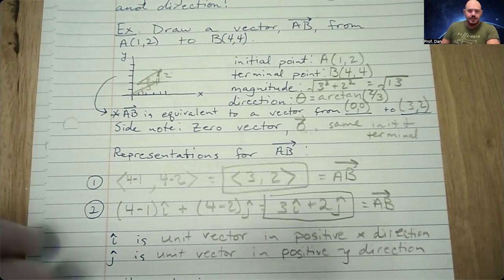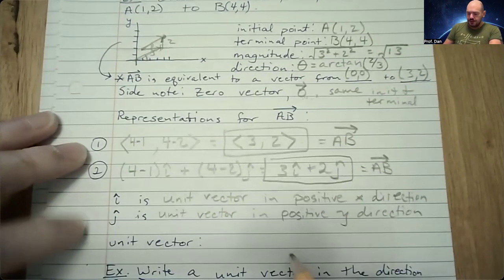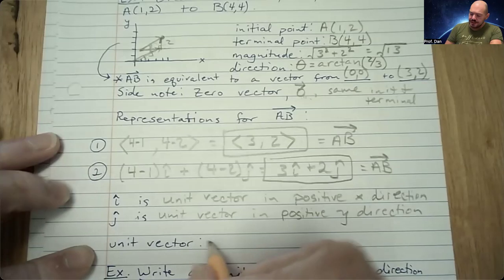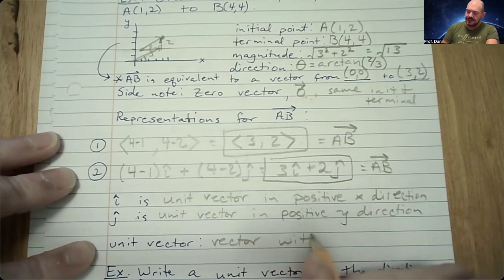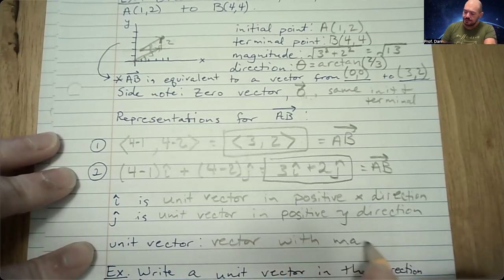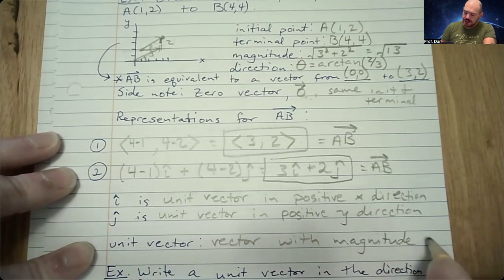Yep. So what do I mean when I say unit vector? A unit vector is essentially a vector with the magnitude of 1